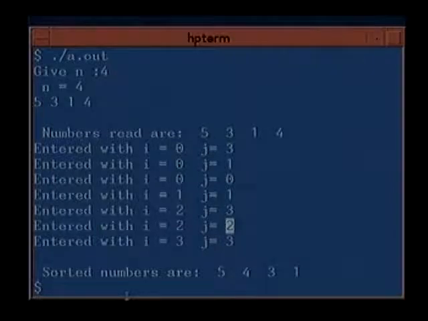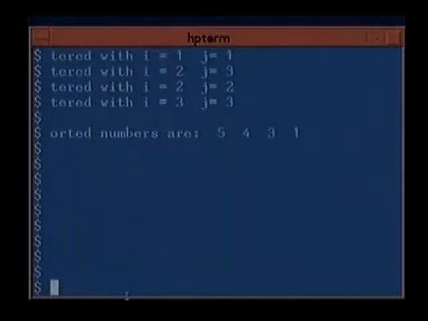When the 2, 2 call was over, this 2, 3 call made a 3, 3 call. When the 3, 3 call was over, it returned back to the 2, 3 call, and this 2, 3 call returned back to the 0, 3 call, and we got the execution completed. And whenever you execute, you can put in print statements at various places to understand exactly how the recursion takes place.